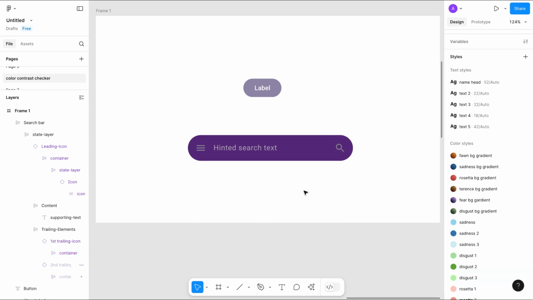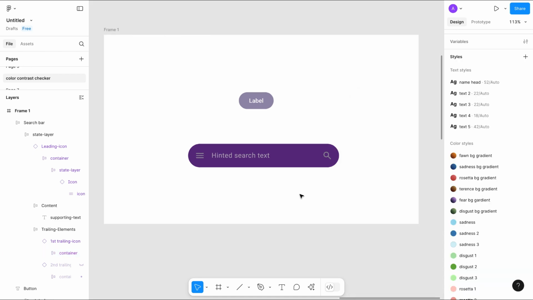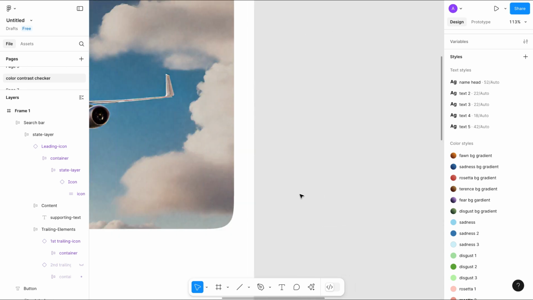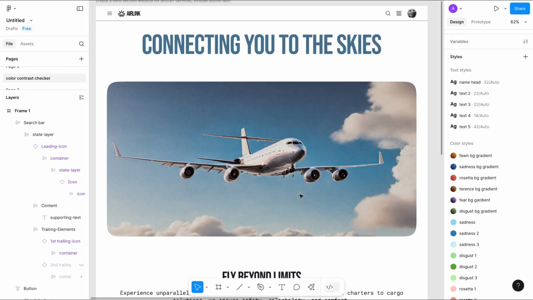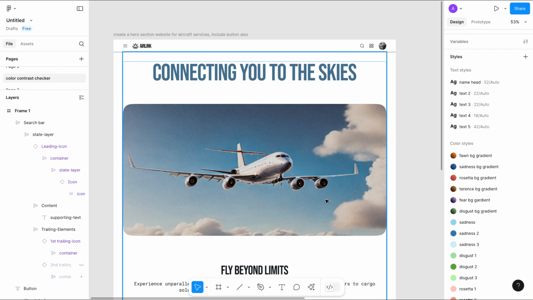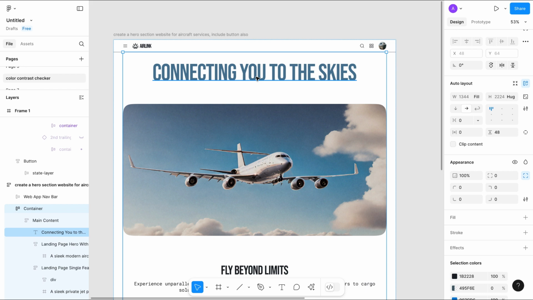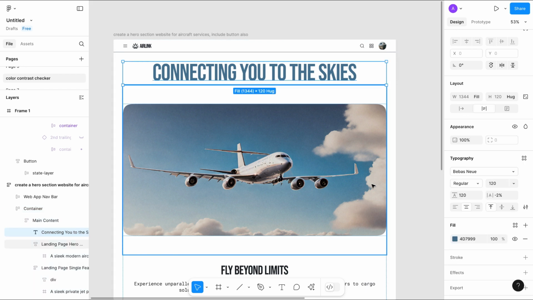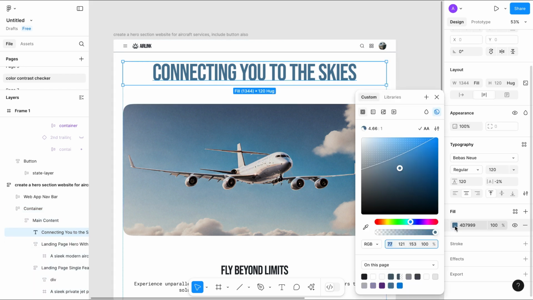And yes, this is fine. If we go to this website and check for accessibility, select this heading, and if we go to fill, you can see this is following the contrast standard.